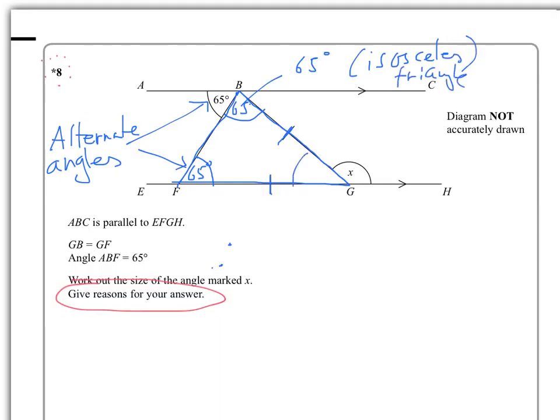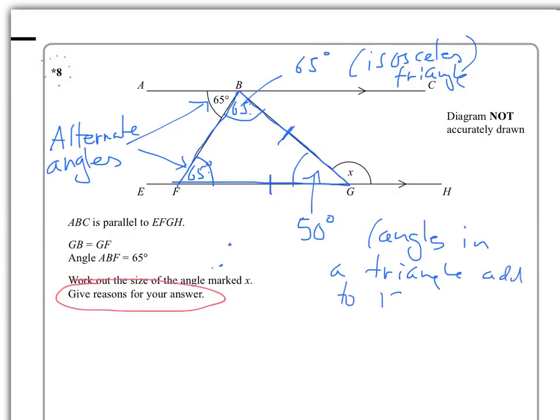So that would make this one here, well, those 65 add 65 is 130, so that makes this one here 50 degrees because angles in a triangle add to 180 degrees,